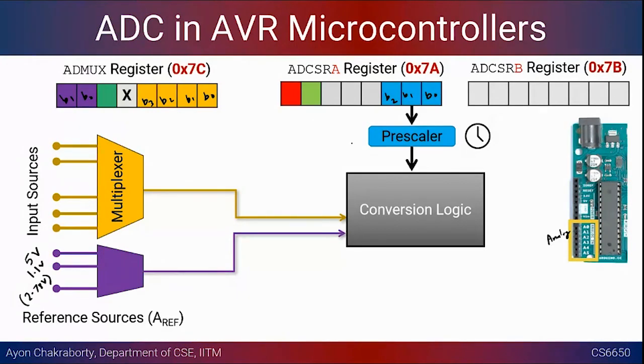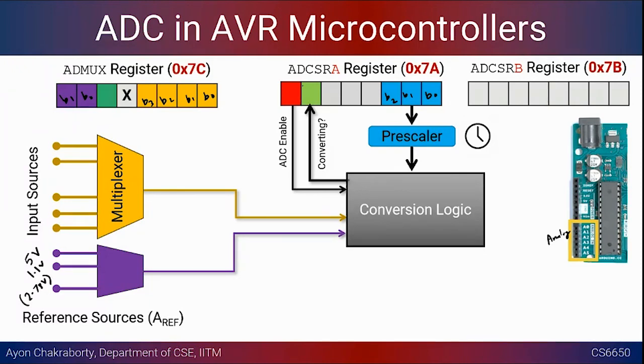Okay, and then there were two other things we also discussed, which was enabling the ADC. If you enable this, the ADC will be turned on. Before that, you can load the prescaler value in the register, and then once the conversion starts, this flag you have to check, right? Once the conversion is finished, this will be 1, and if the conversion is going on, it will be set to 0. Right? Once you enable the ADC, it will start converting.